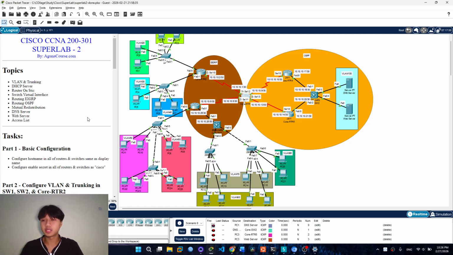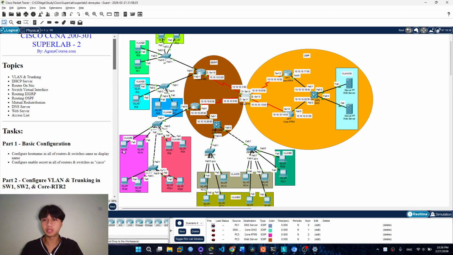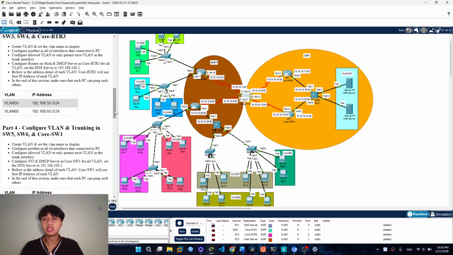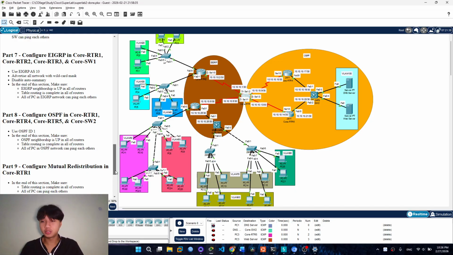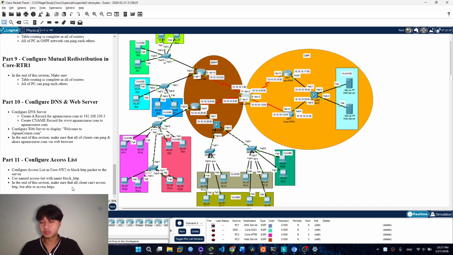And the last one is the access list, for blocking a protocol or packet. But in this topology, we just block the HTTP packet, which means all clients can ping this server with ICMP packets, but they all cannot access the web server.